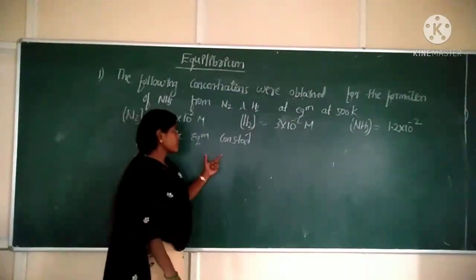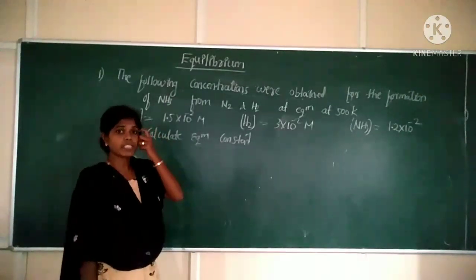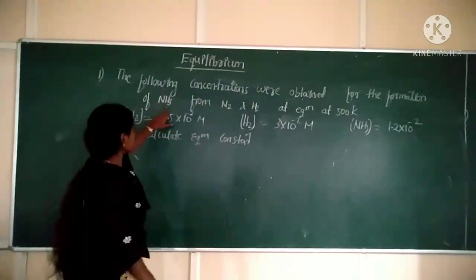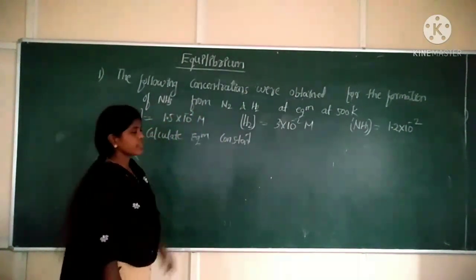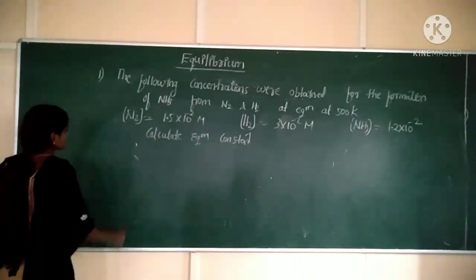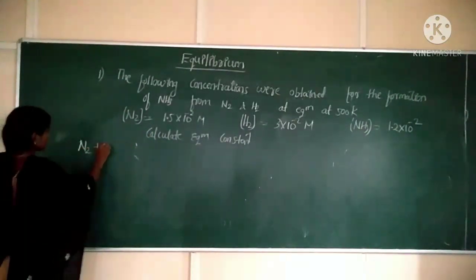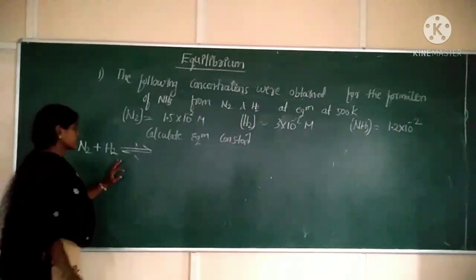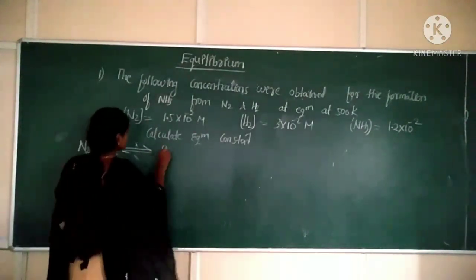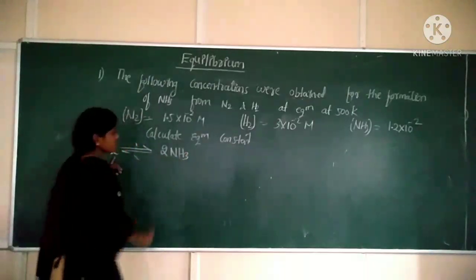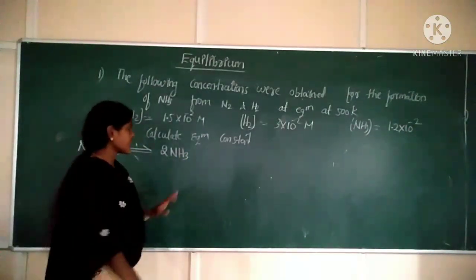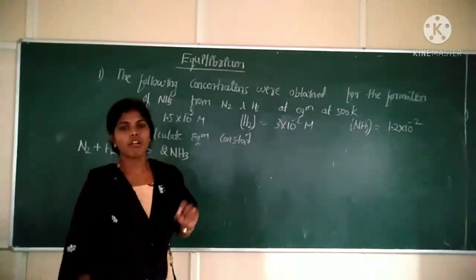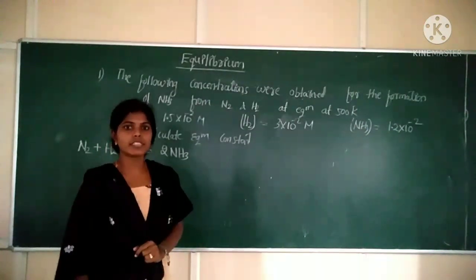Okay. So to write the equilibrium constant, we should first write the equation, correct? Which is the reaction? Look at the question. For the formation of ammonia from N2 and H2. So what should be the reaction? The reaction is N2 plus H2, at equilibrium means what? Reaction proceeds in both the directions. Okay. N2 plus H2 gives 2NH3. So how to write the equilibrium constant for this reaction? What is equilibrium constant? It is a ratio of concentration of product divided by concentration of reactant.